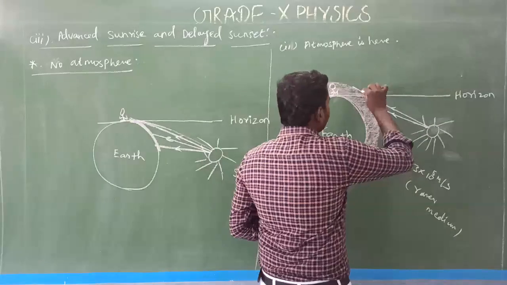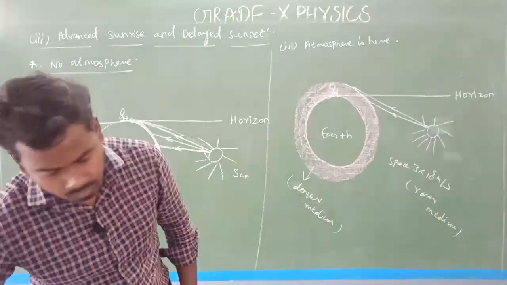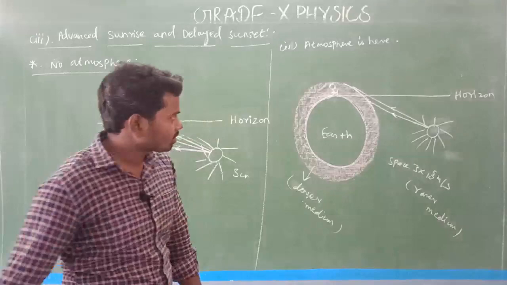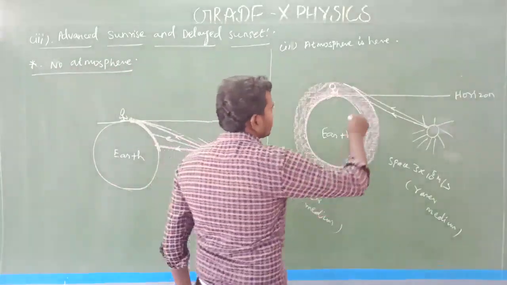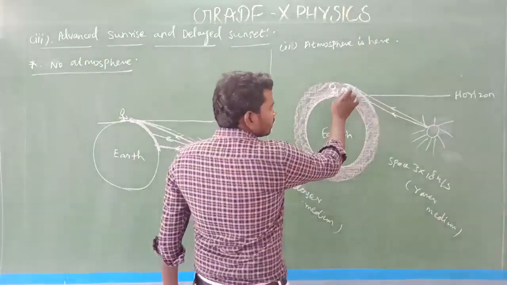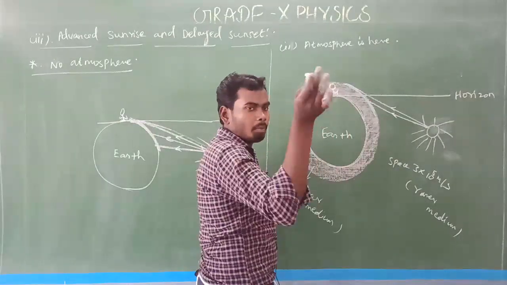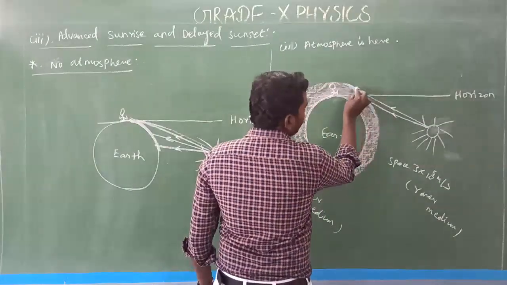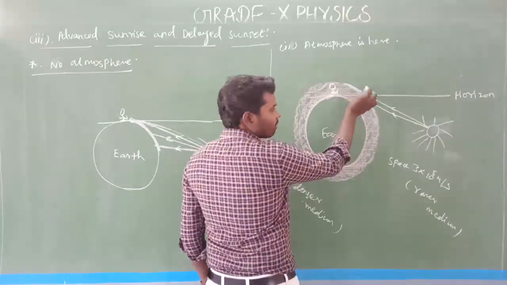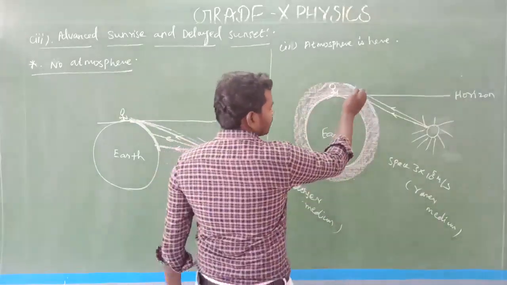Direction will change. Look here. So this is the Earth's atmosphere. I will take another piece of colored chalk, a blue one. Okay, so this is the Earth, and this is the atmosphere, the top layer. Here the light rays fall. The first light ray falls here, and the second light ray falls here, which means they hit the atmosphere.